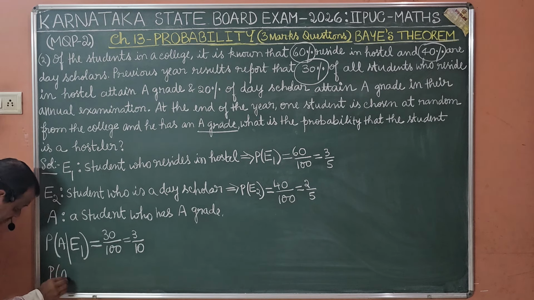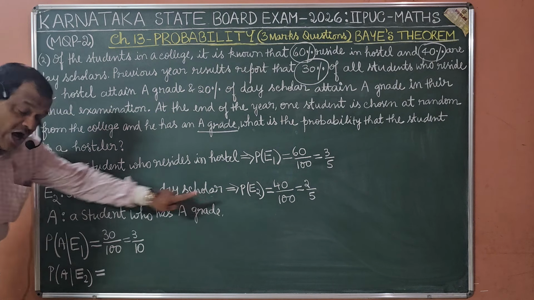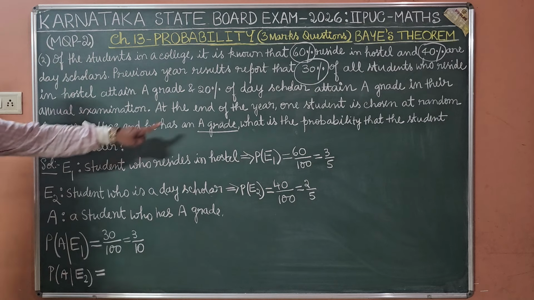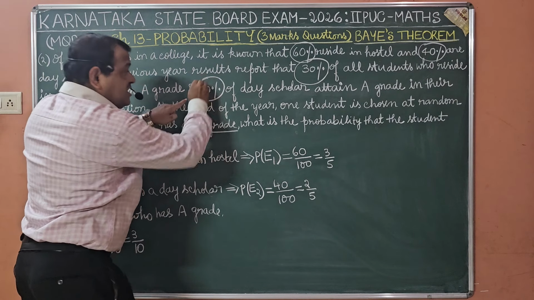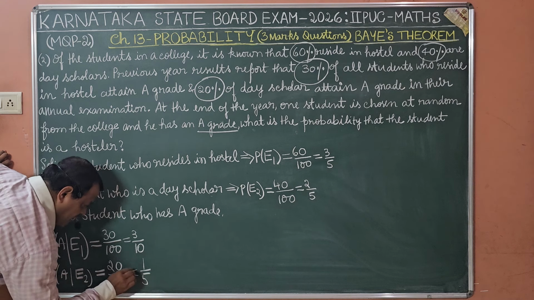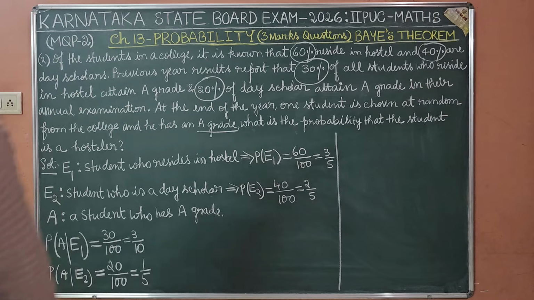Same time, let us see P of A given E2. What is the meaning of this? Its meaning is event E2 has already occurred. What is the probability of occurrence of event A? Meaning is student is a day scholar. What is the probability that he secured A grade last year? See here, 20% of the day scholars attained A grade last year. So it is 20 by 100, which is nothing but 1 by 5. Now, remaining part I will continue over here. Please understand, the thing is,